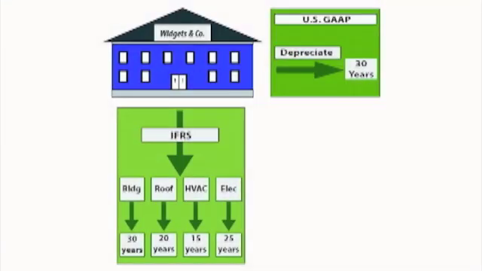Another example is a building. A building's significant components could be the heating and air conditioning systems, the roof, and the electrical system versus the core structure of the building itself. That being said, if components of the same item have similar lives and usage patterns, they may be grouped together